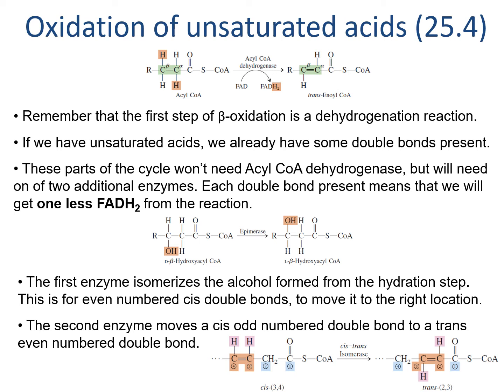So for example, if we had 18:2, a fatty acid with 18 carbons and 2 double bonds, we'd get the same energy we would for 18:0, which we just calculated as 120 ATP, minus the energy from 2 FADH2s. In other words, we'd get 120 ATP, that's from the 18 carbons, minus 2 times 1.5 ATP, that's from the 2 FADH2s that we do not actually produce because of the unsaturation. This calculates to 117 ATP from 18:2.